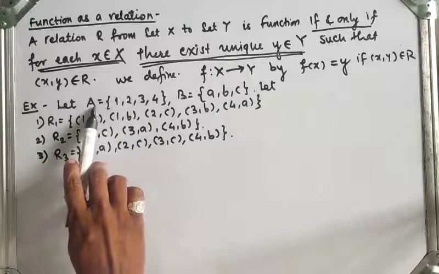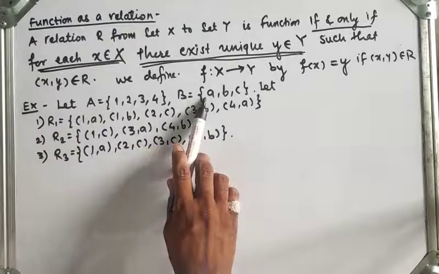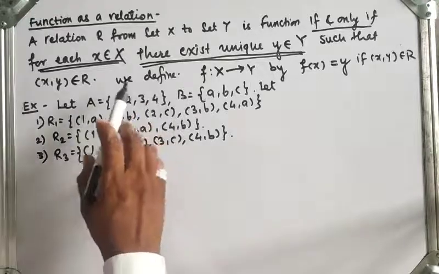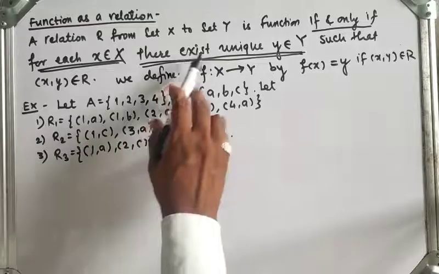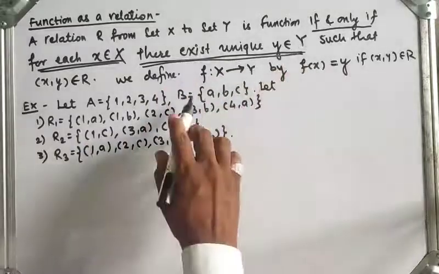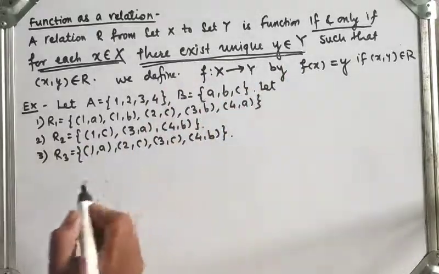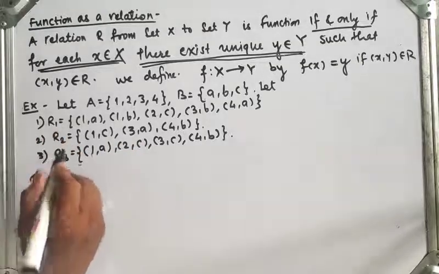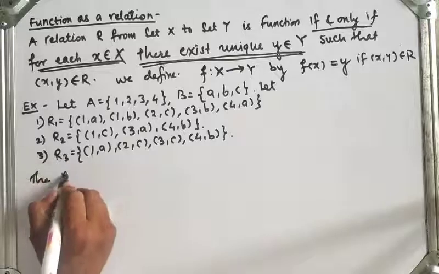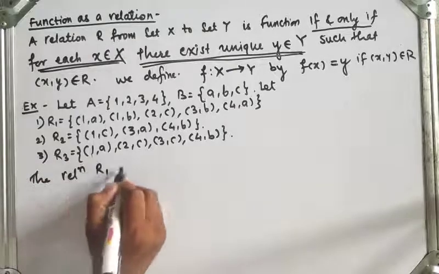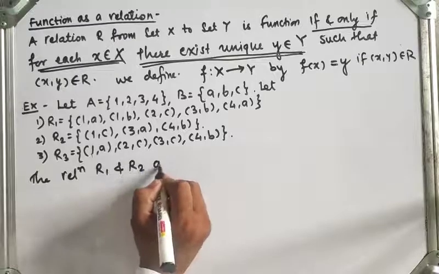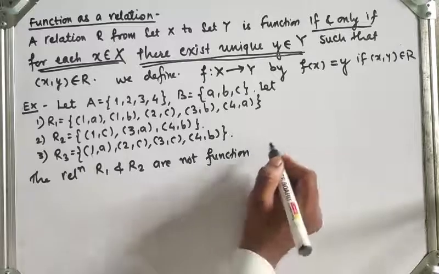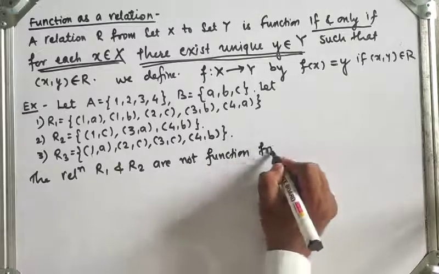So here is set A and here is set B, which means we have to define a function f from A to B, so that from each x in set A there exists a unique element y in set B. So the relations R1 and R2 are not functions from A to B